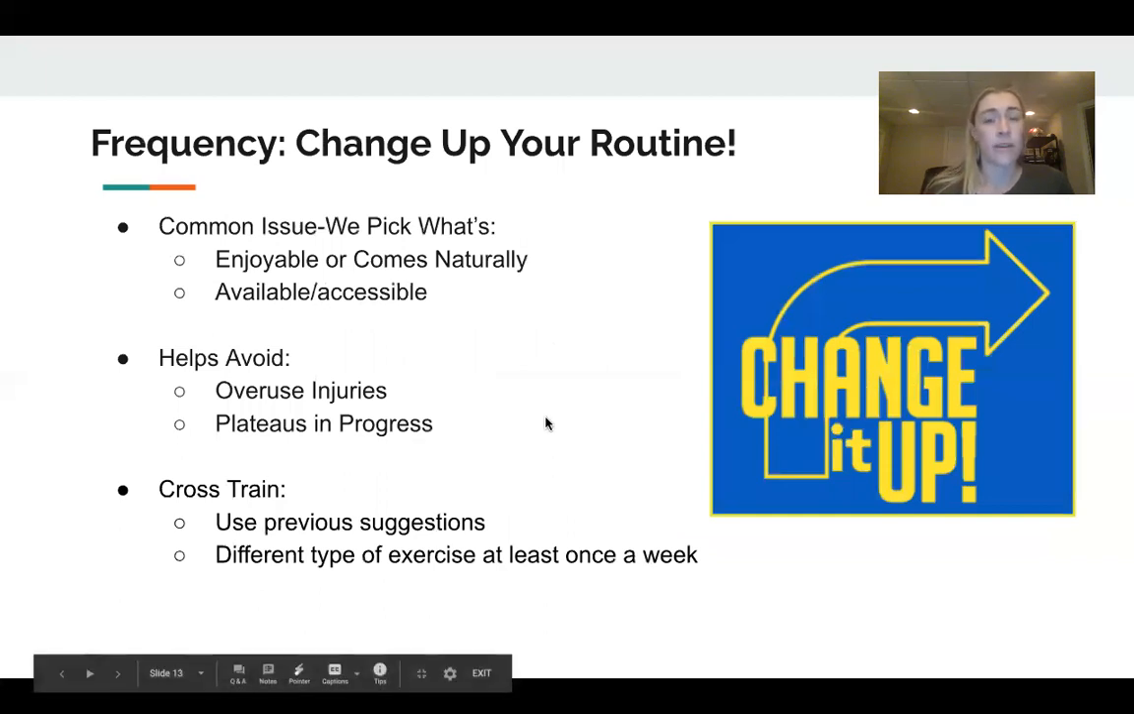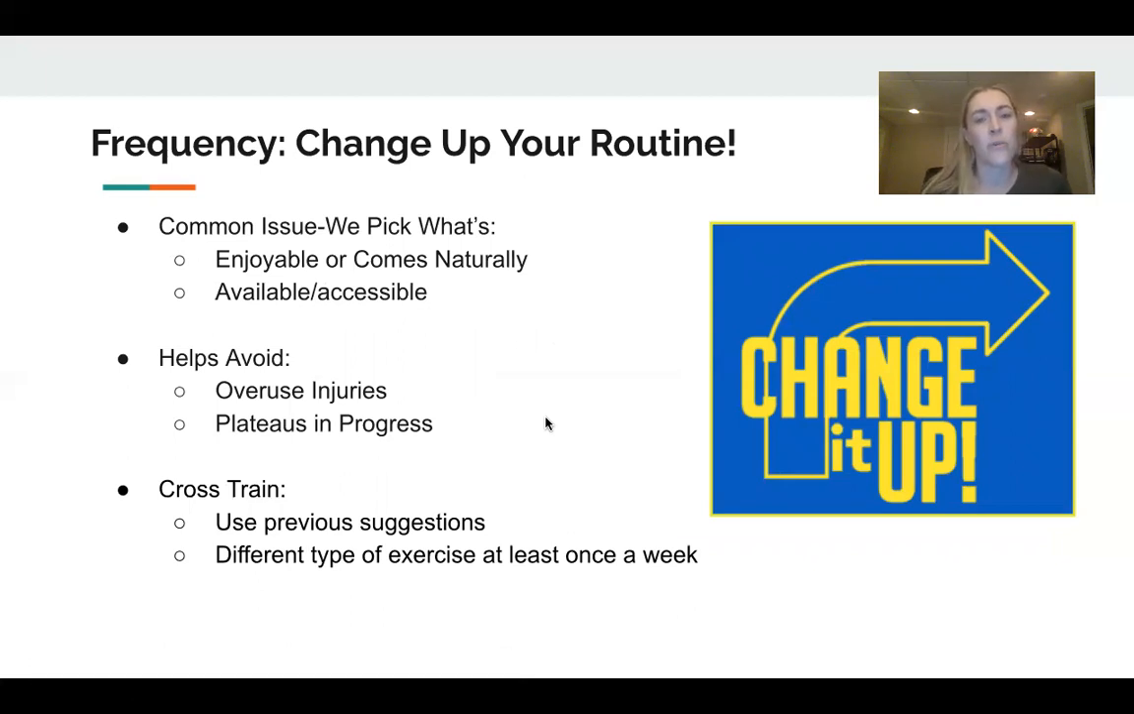And lastly, with exercise, you really have to change up your routine. It's not unusual that we'll self-select the same thing because we enjoy it, and it comes naturally to us for exercise. Also, maybe certain exercises are only available to us or easily accessible to us. But if you change up your routine,